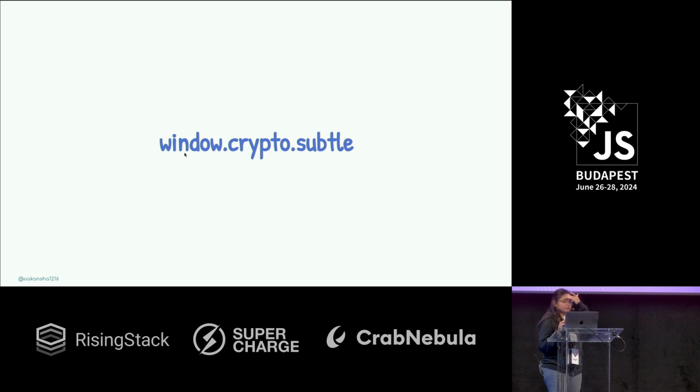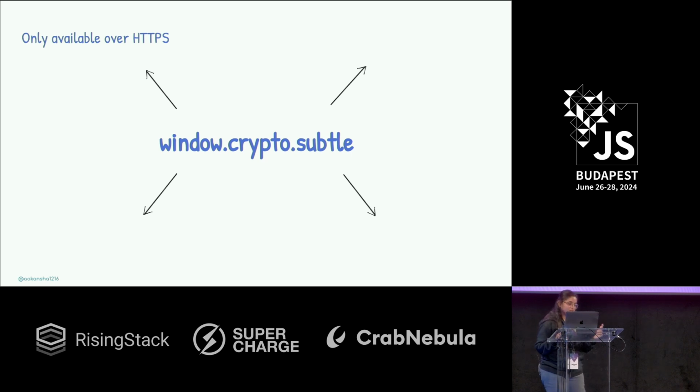So let's come to the crypto.subtle API and have an overview of how this API works. It's only available in HTTPS, as I mentioned earlier. It has all generic APIs, which means that it doesn't have different APIs for different algorithms. Rather, it has the same API, but the parameters change depending on the algorithm. That's why all the APIs are generic. It deals with only binary data, which means the input and the output of all these crypto.subtle APIs is always going to be binary data.